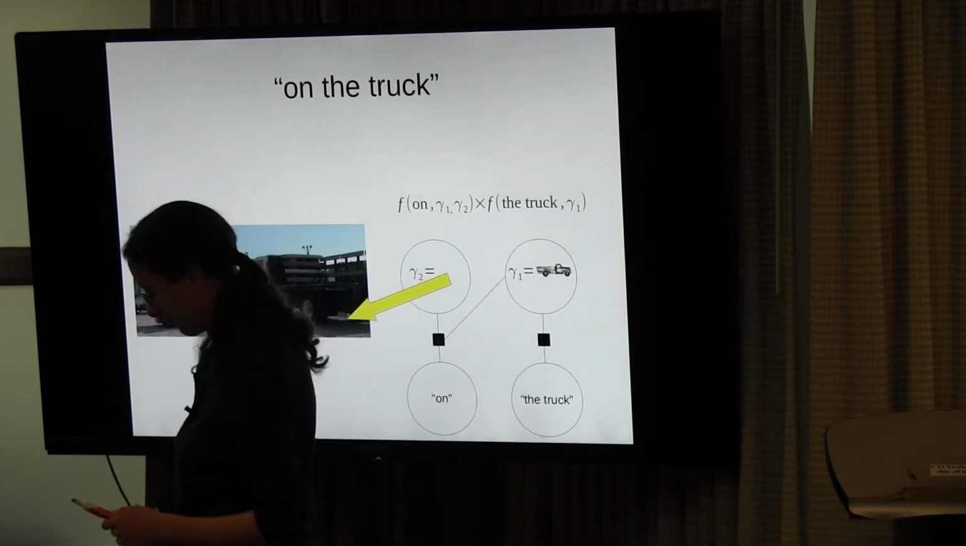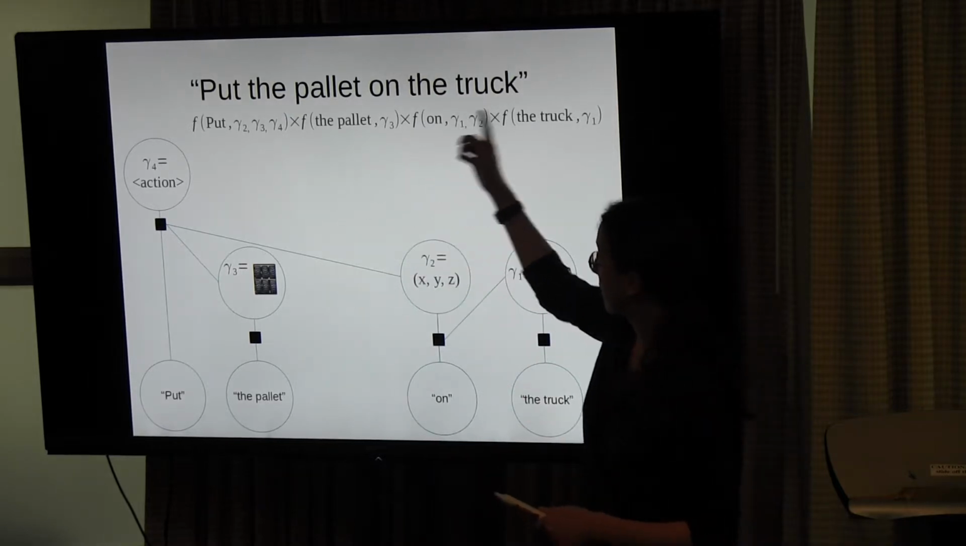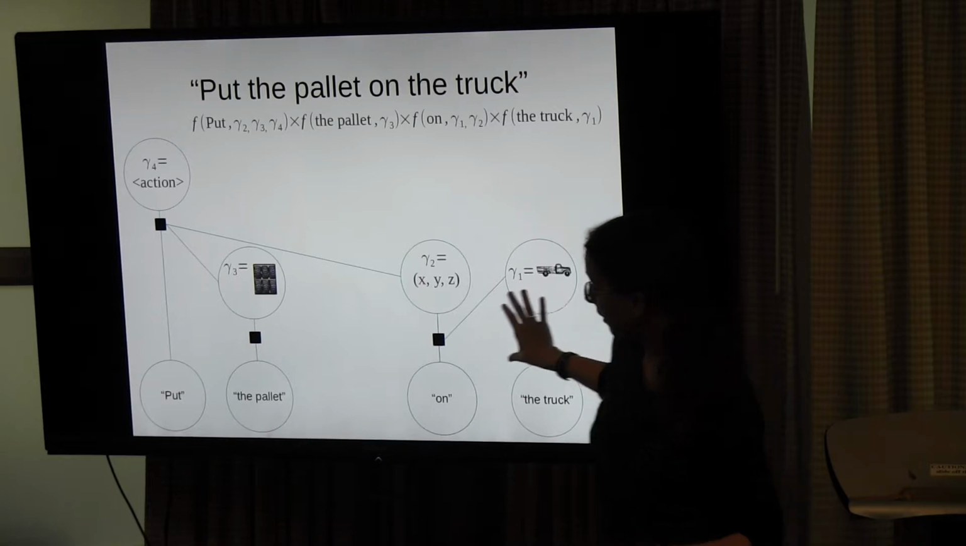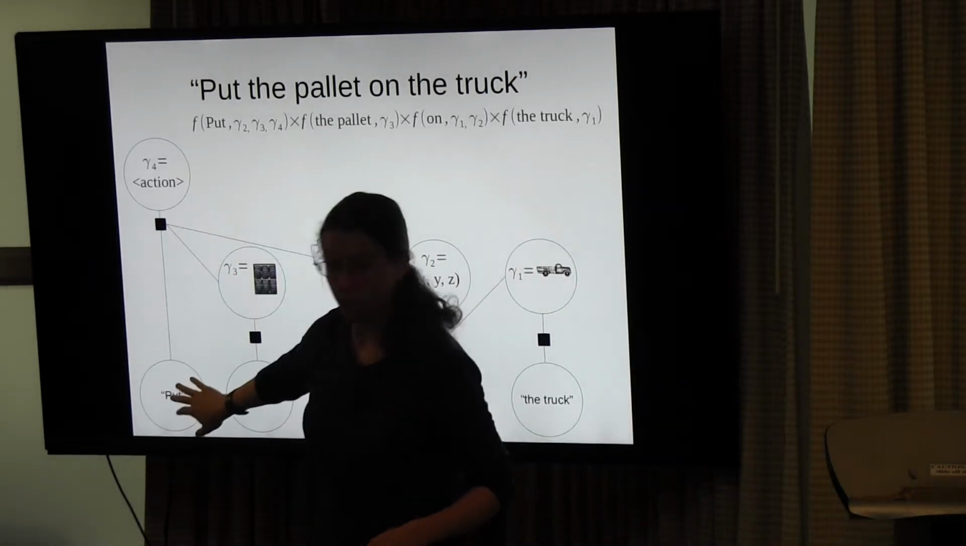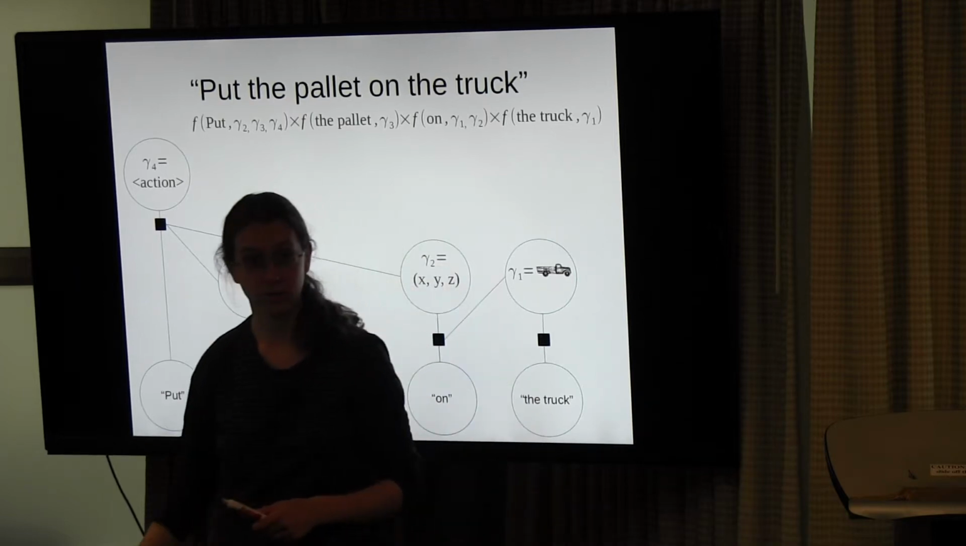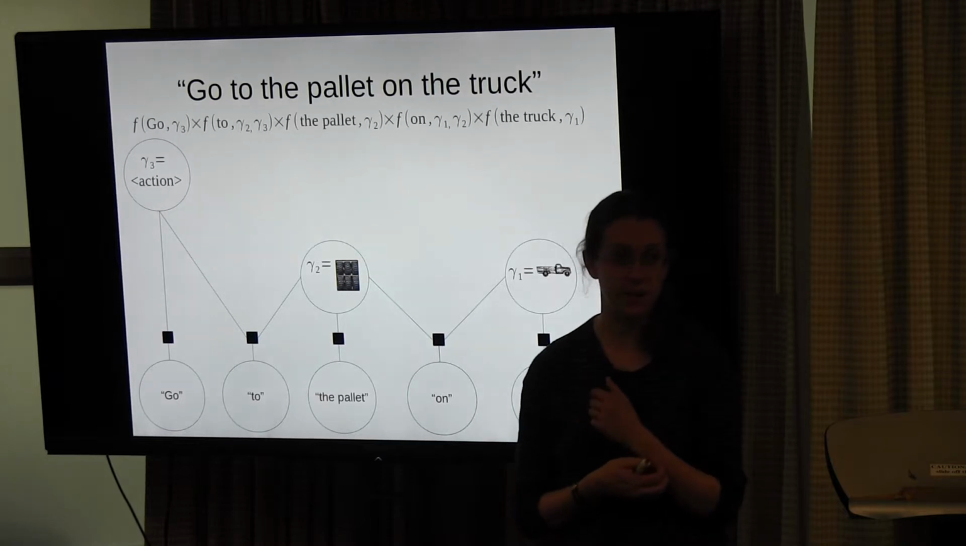So we can do this with more complicated commands. So here's "put the palette on the truck." This is writing out the factorization. This is the factor graph. So this "on the truck" bit is the same. And then we have an extra variable for the action and an extra variable for the palette that is supposed to be moving. If I look at "go to the palette on the truck," here the PP, for "put the palette